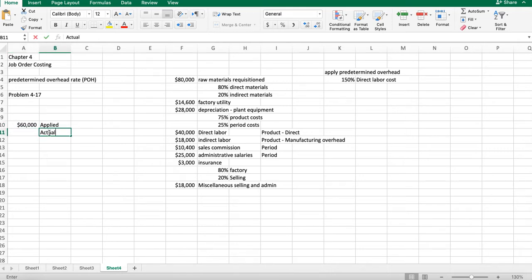Then we look at that compared to our actual, and remember, this is an estimate. This predetermined overhead rate is based on estimates. So you're never going to be right on, but you're going to be really close. Otherwise, you need to adjust your estimates. And so if we look at our actual overhead, our overhead incurred, we're going to have to pull out some of these numbers. And so we've got indirect materials, 20%